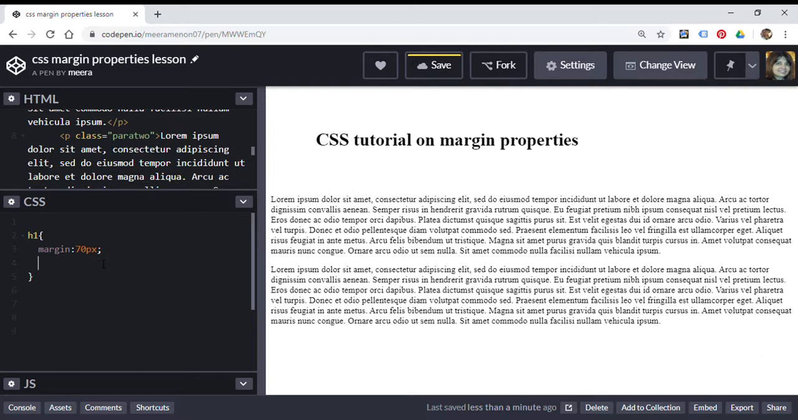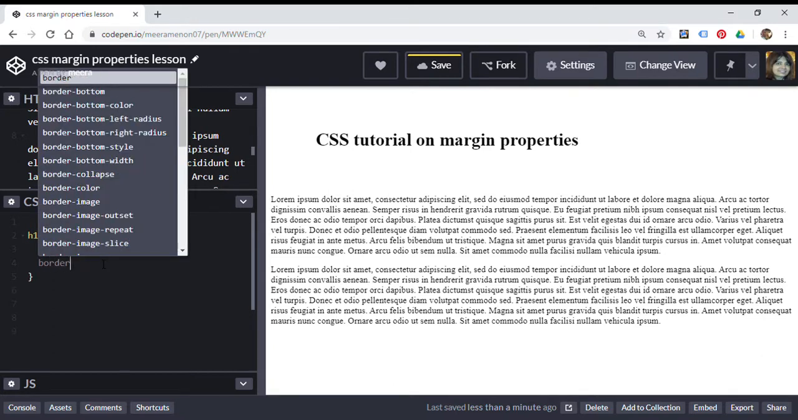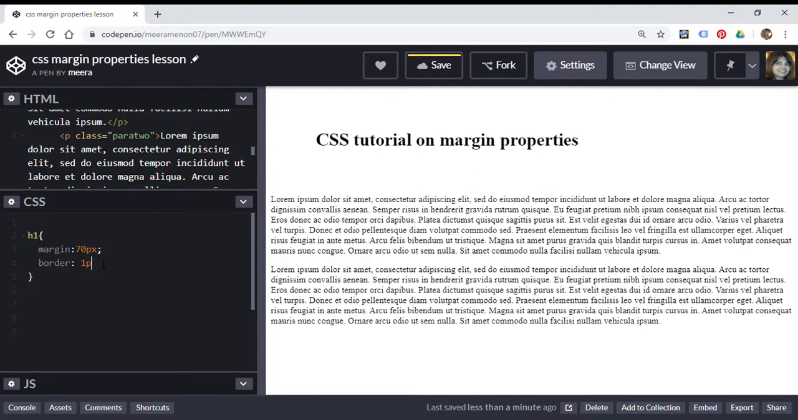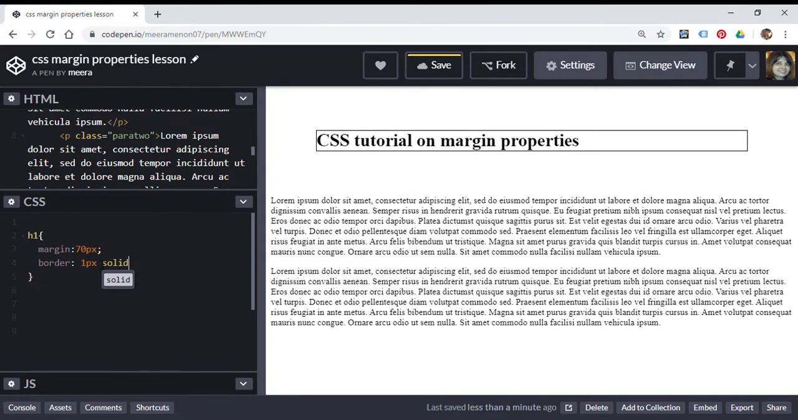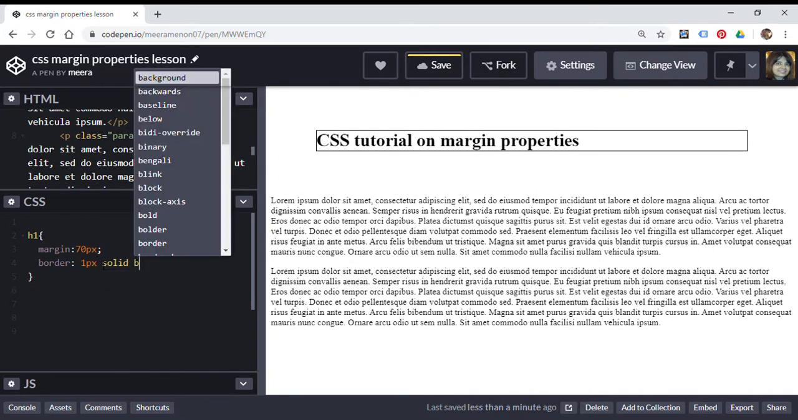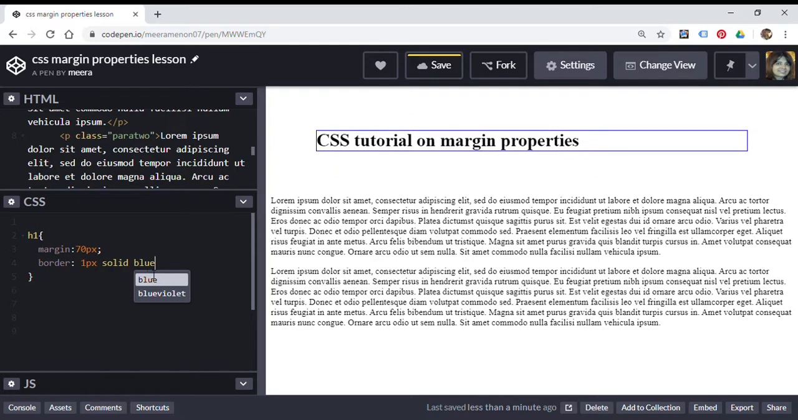Now I can even give it a border with a border width of 1px, and let's give it a color. Let's say solid blue, or blue violet, whatever, it can be anything, right? Okay, now here in this case,